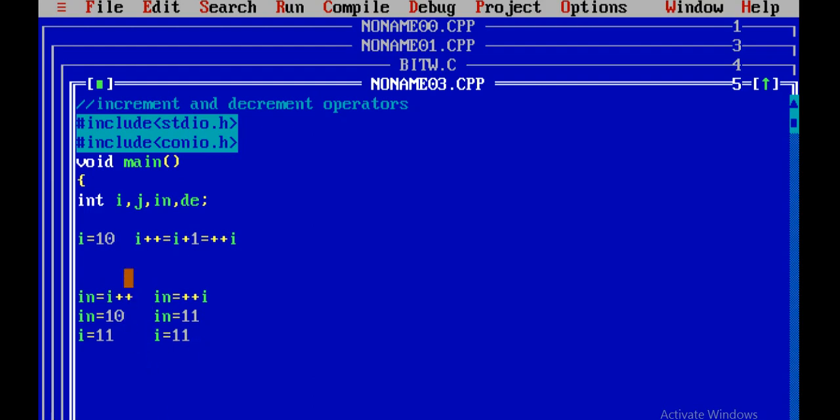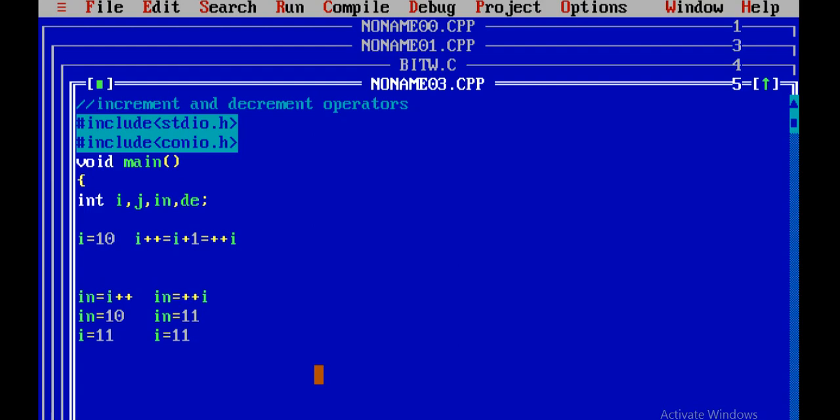In post-increment, first the value of i, 10, is assigned to in, then internally i becomes 11. Whereas in pre-increment, first the value of i is increased, so i becomes 11, and then 11 is assigned to in. Now in is 11 and i is 11. So this is post-increment, this is pre-increment, and the concept will be clear.